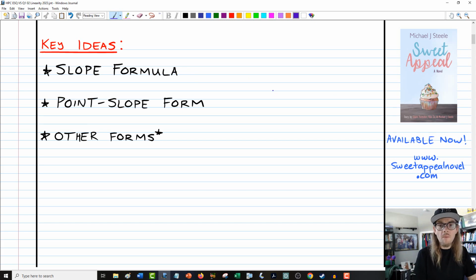By slope formula, I mean how do we calculate the slope if we're given multiple points on a line or a linear equation, however you want to think about it. And the relationship we're going to use is this one. M is equal to y sub 2 minus y sub 1 over x sub 2 minus x sub 1. In a sense, what that does is it takes 2 points, x sub 1, y sub 1, and x sub 2, y sub 2,